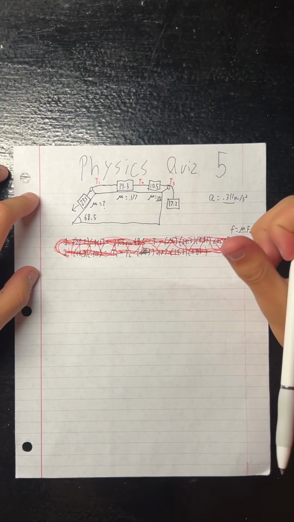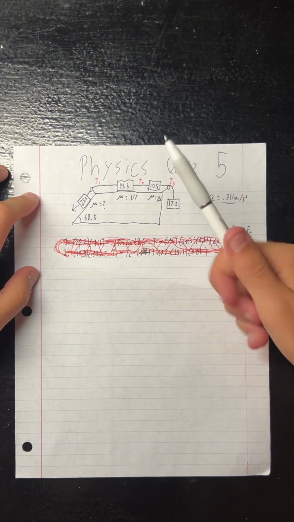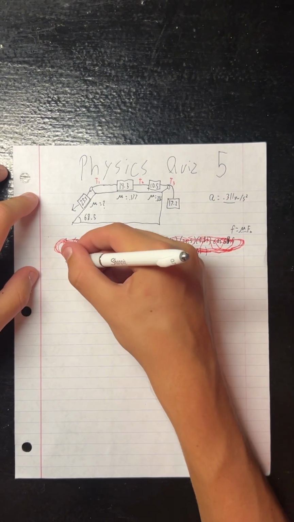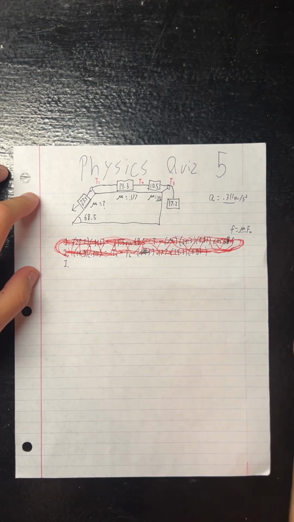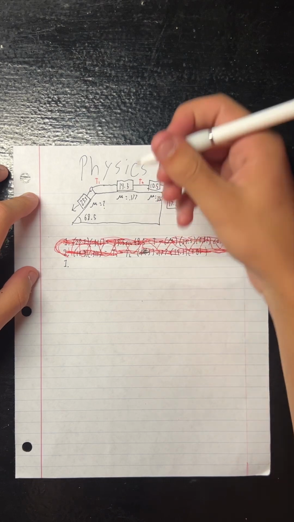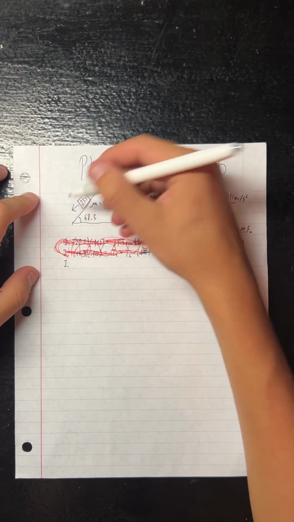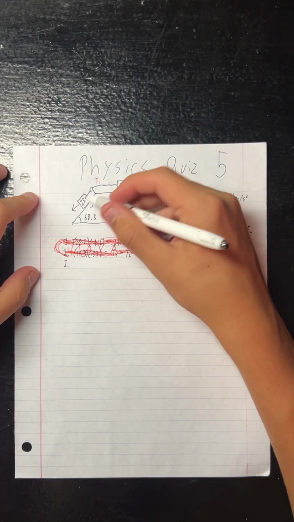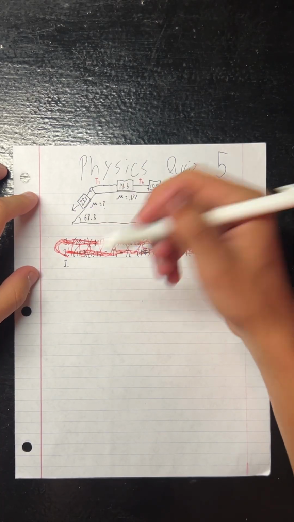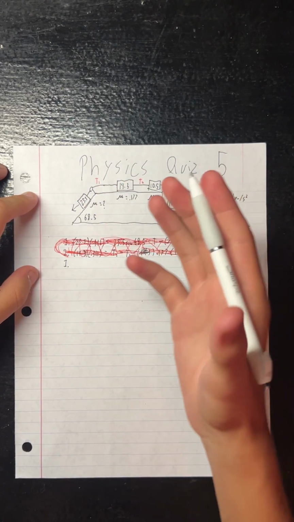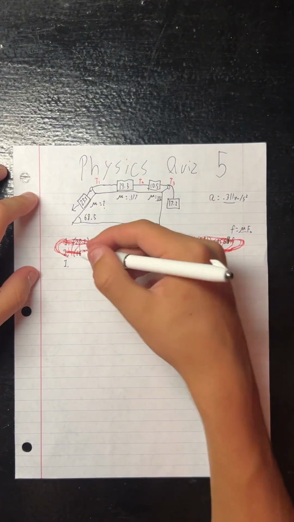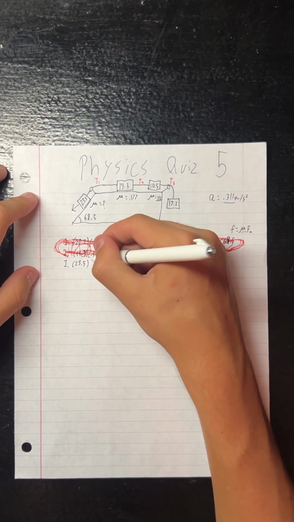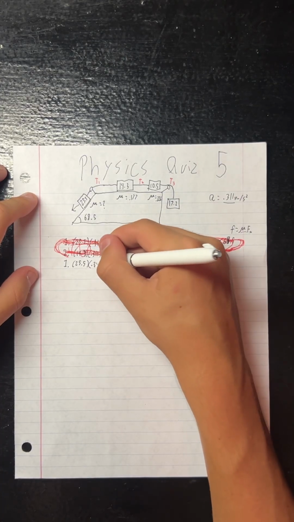All right, so the question is pretty much asking what is the mu of this box right here. So what do we have to do? Well, we are given everything except the mu, and we are solving for that. So we set up our 4 equations. The mechanism is going to the left, which is indicated by this arrow. So we set up the equation closest to the direction it's going. So we do force equals ma. So m is 25.5. These are all in kilograms, by the way, times a, which is 0.311,